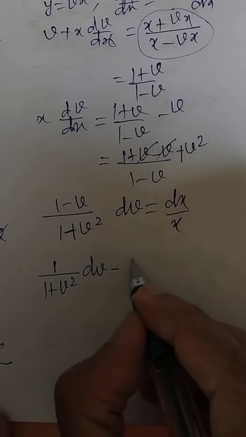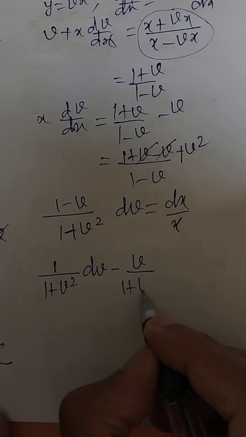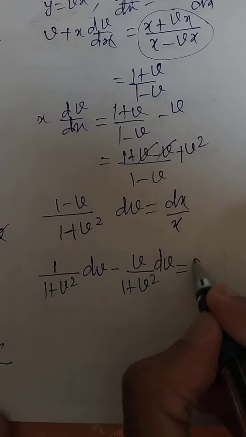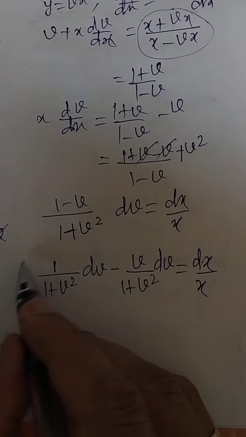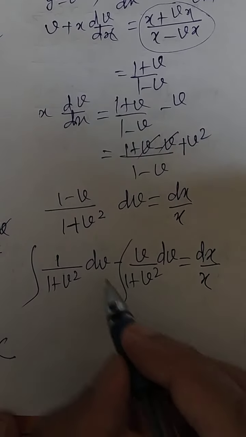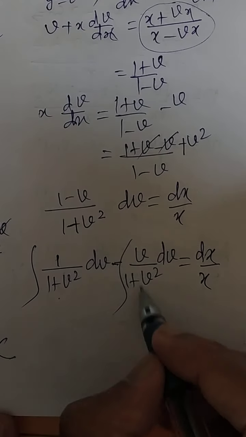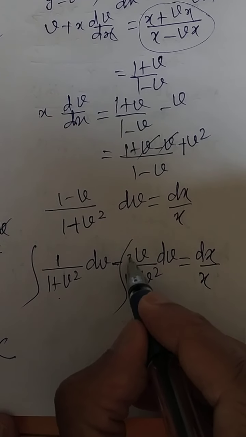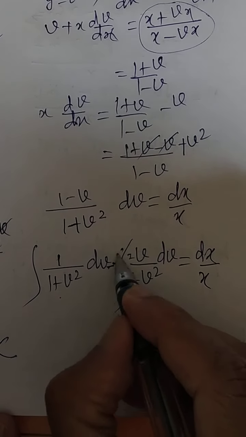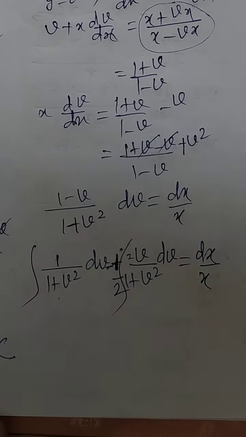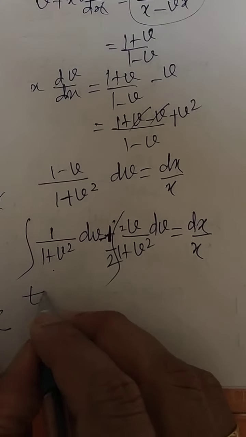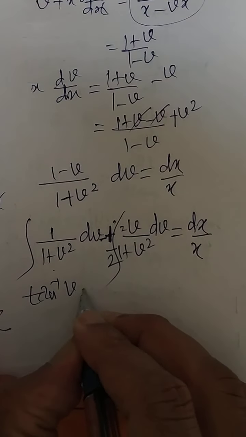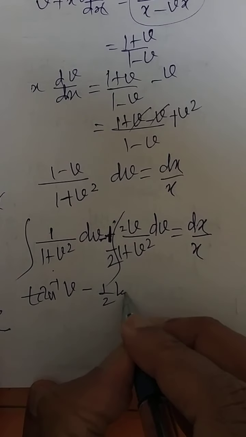Can I write like this? This is the easiest way of arranging that question. It can be answered in any way, like this also. Do you remember this is a standard formula? Here it is some technique you have to do. Do you remember, 2 is multiplied and 2 is divided over here, that we have learned in an earlier discussion. So it will be tan inverse of v minus 1 by 2 log of 1 plus